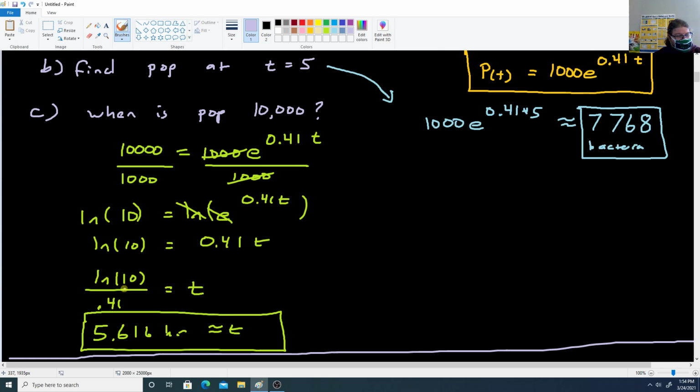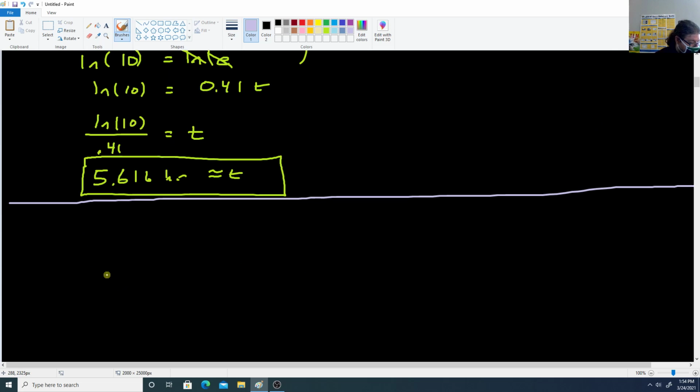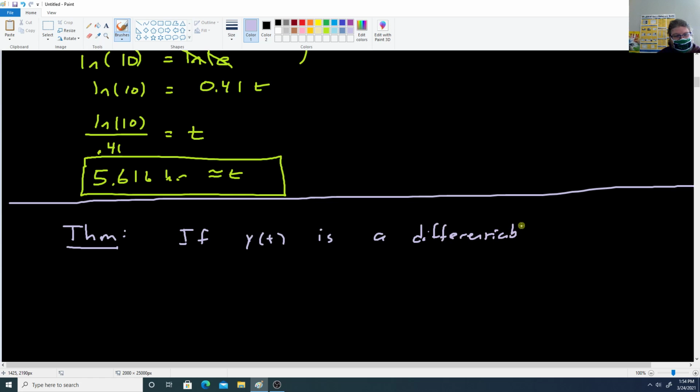Now what we're basically going to do is, they've got a theorem here about a differential equation. The theorem says, if y of t is a differentiable function satisfying the differential equation